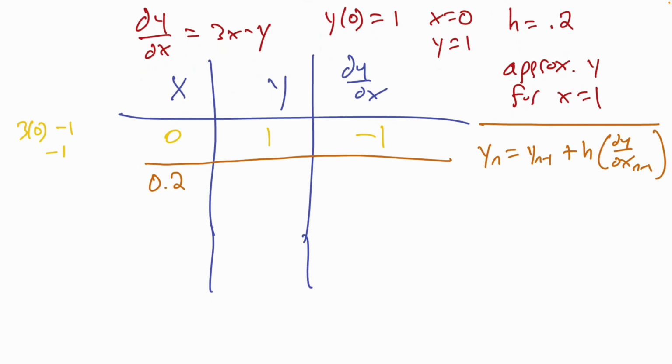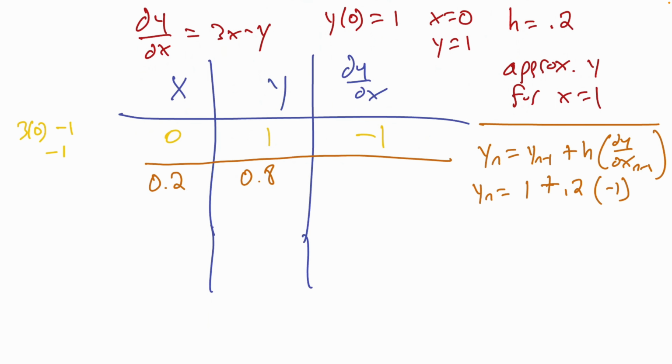Okay, so let's figure out our new y here. So our new y is going to be our last y, coming from right here, then we're going to go plus our step size, and the step size was given to us in the problem, 0.2, times our last derivative, -1. Okay, so there you go. That's really important. You're going to put all of that into a calculator and work it all out. These are 100% calculator problems. And you're going to get a new y of